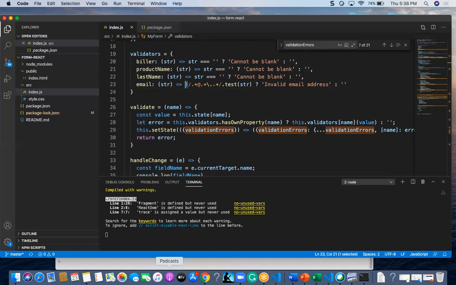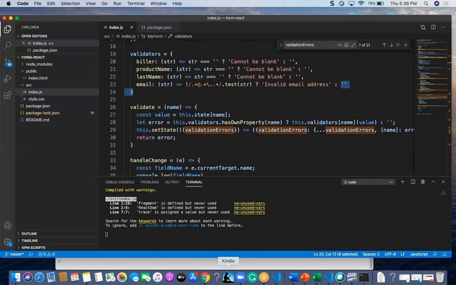This not means if it is false, it is going to show the invalid email address. If it is true, then it is going to show this null value, meaning there is no error. Okay, that's how it is.